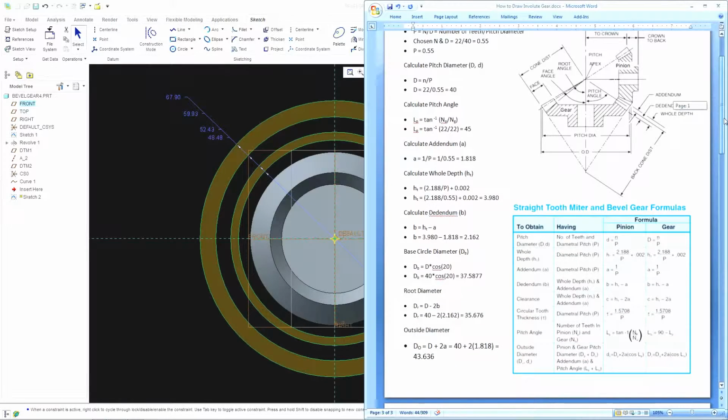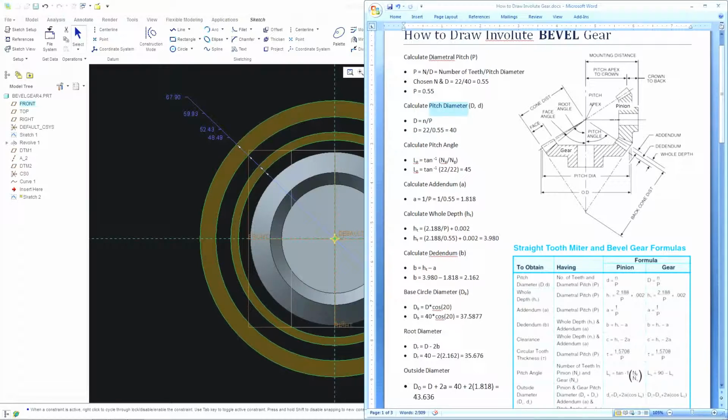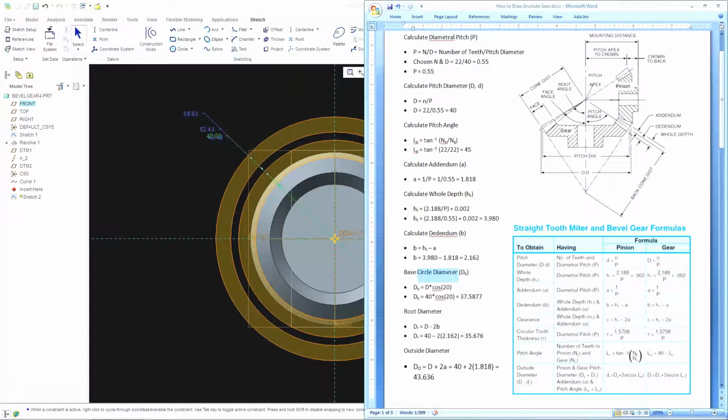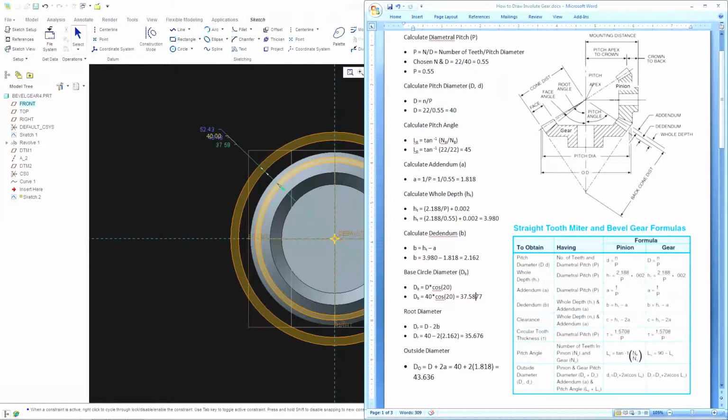Now you gotta start to calculate the 4 circles for your involute gear. So you gotta calculate the base circle. You can read through the document to find that out. It should be self-explanatory. You gotta find out the root diameter, and you gotta find out the outside diameter. The first circle is the pitch diameter, which is 40, that we chose at the beginning. So put 40. The next one is the base circle, and that's 37.5877. So 37.5877. And next one is